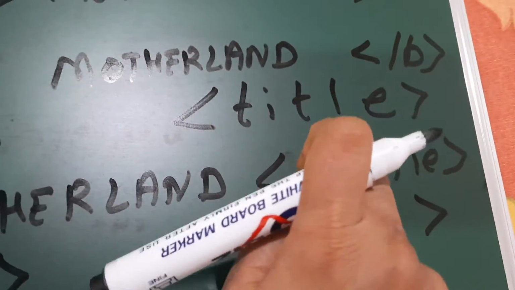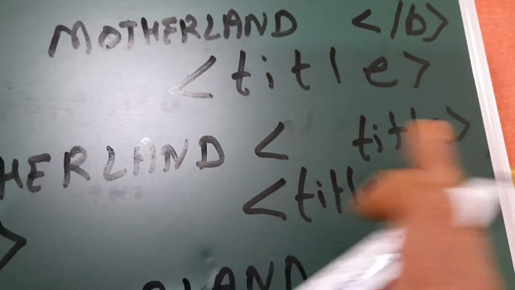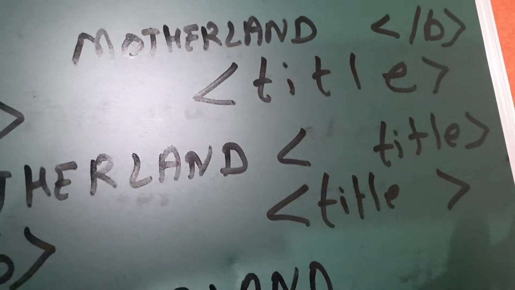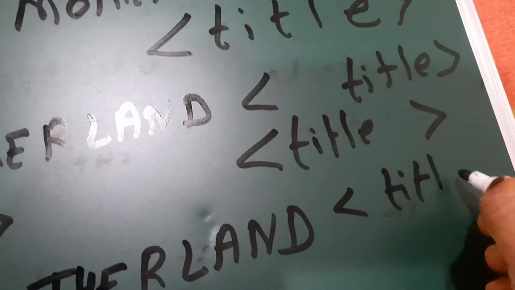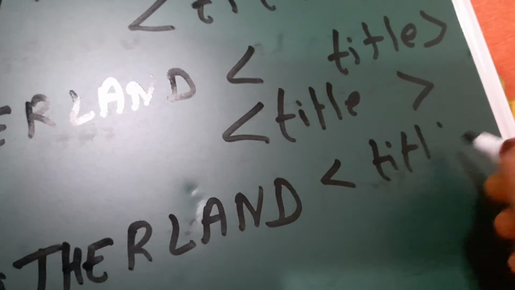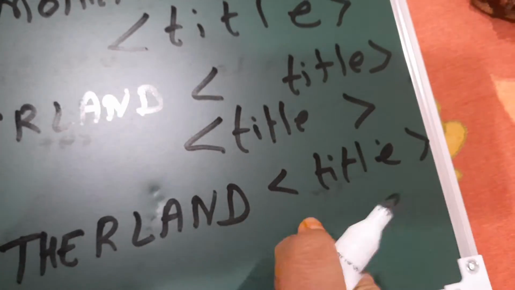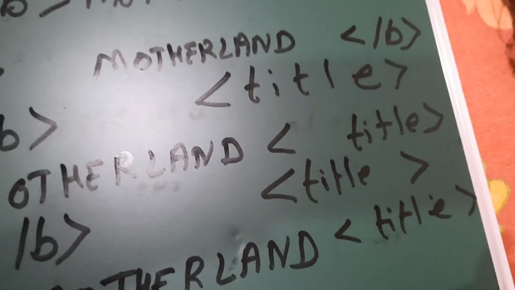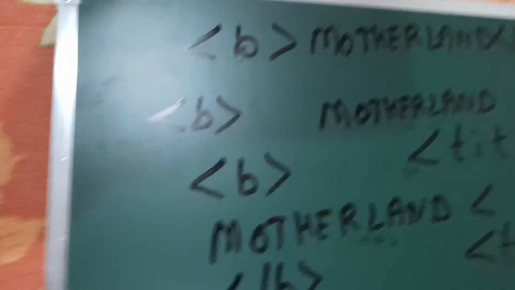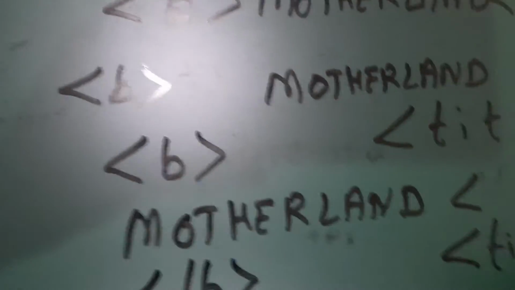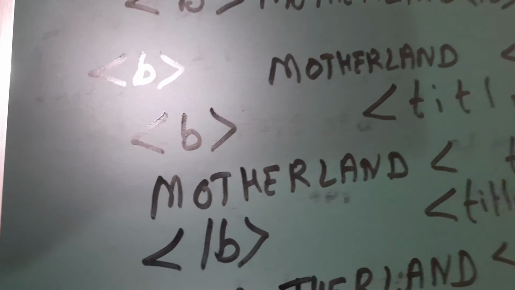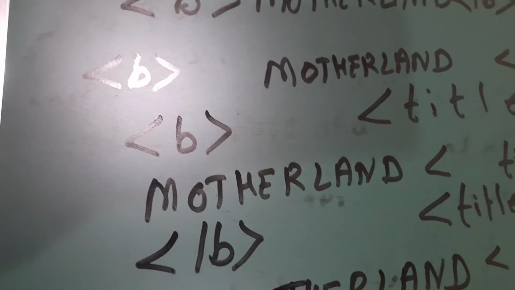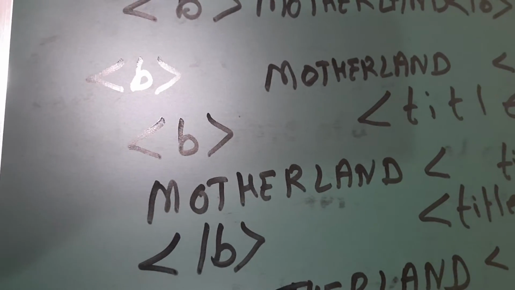Space between the letters is not allowed. Space before writing title or after writing title is not allowed. Giving space in the middle is not allowed. You can write title only between the angular brackets of the tag. All these things are not allowed. Understood? You will see this on page number 88. Students, please refer to your textbook while I am teaching this.